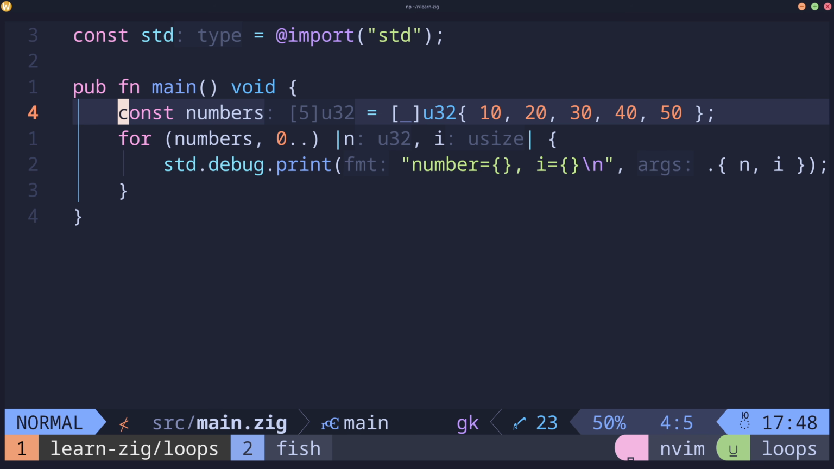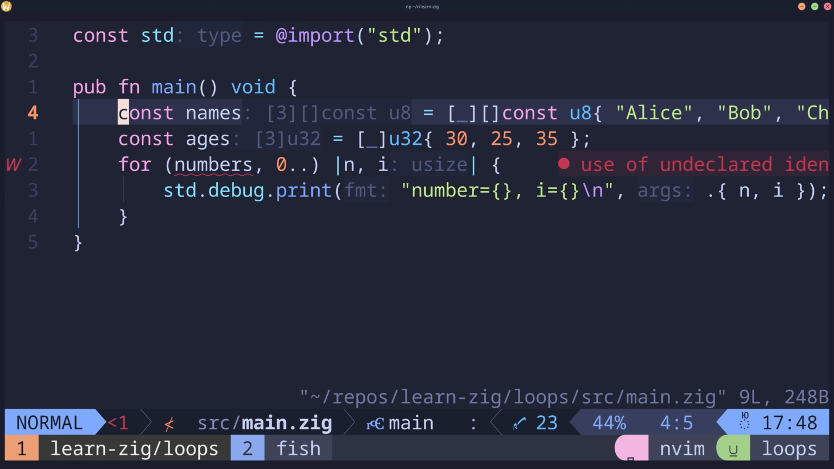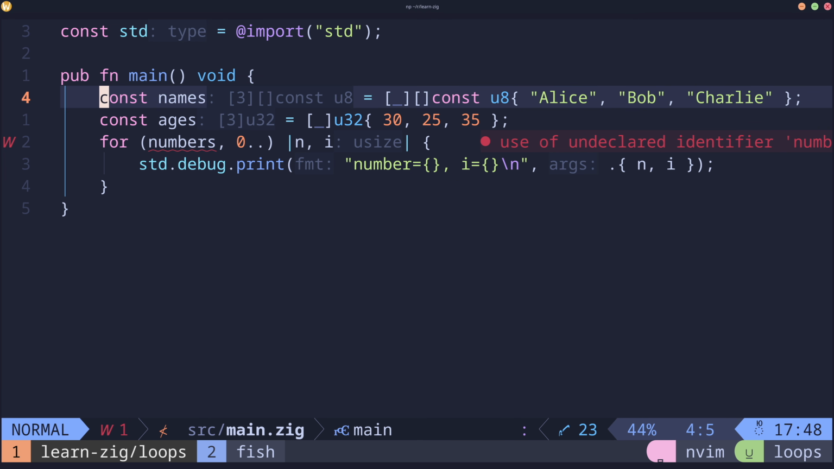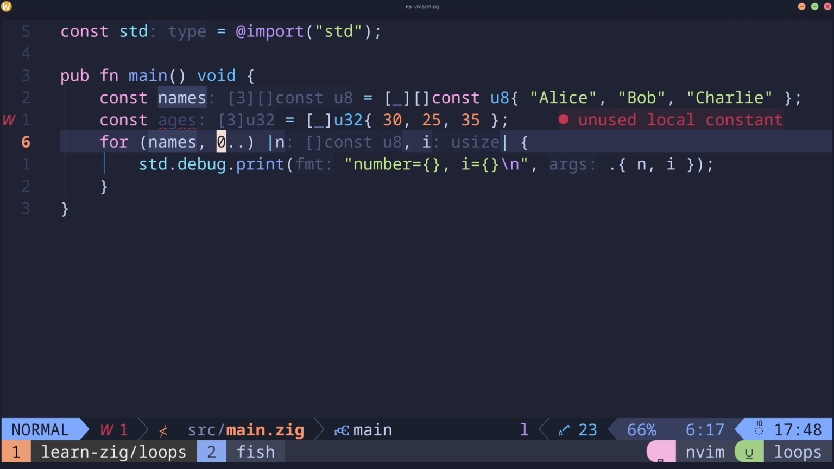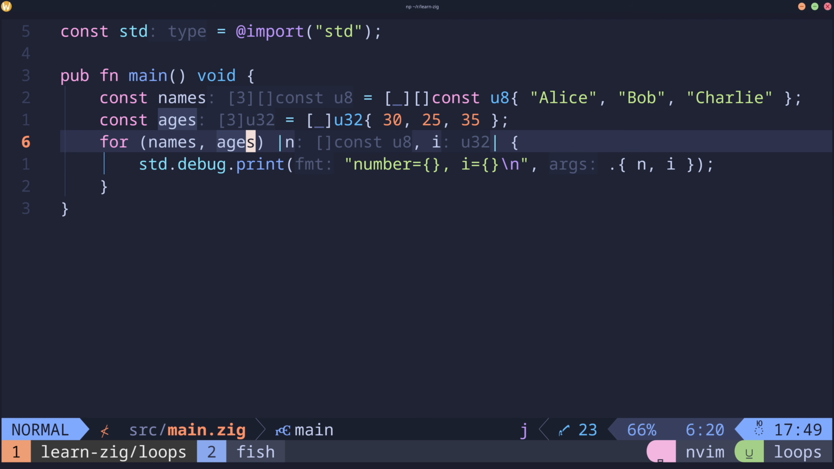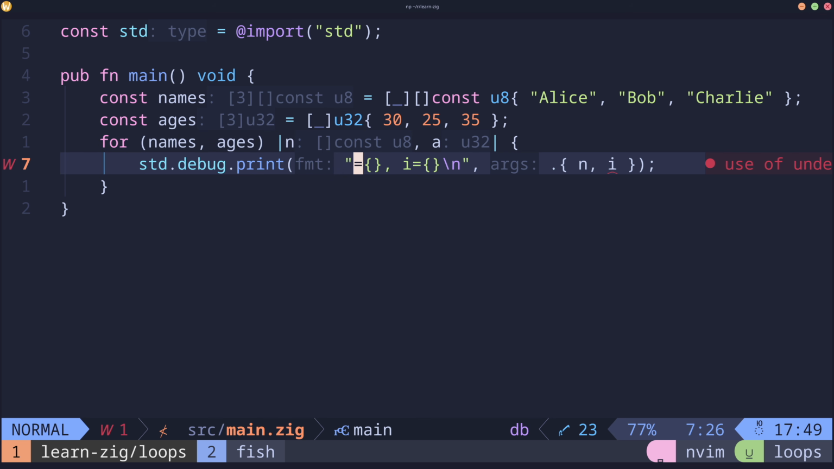Okay, I brought back this example really quick because I just want to show how putting multiple values in the for brackets is a lot more applicable than just having these two. So let's take these two slices. So we have names and ages. So we can actually do this. We can do names and ages, and as long as they're the same size, that's what really matters. So name, age. So we can say